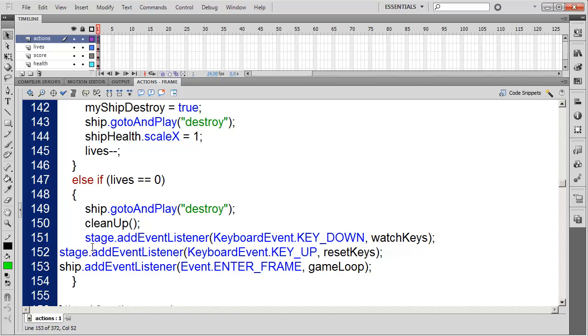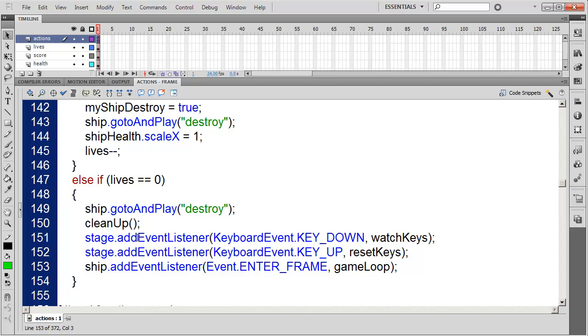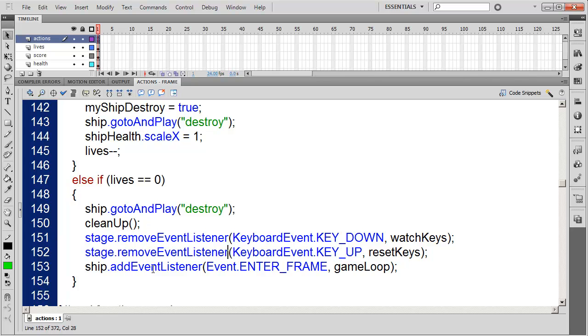Let's paste those in there. Just going to tab these in to straighten things out. And where we have add event listener, I'm going to say remove that event listener. Let's copy that and paste those over here. So we're going to remove all of these event listeners. Then we're going to go to and stop